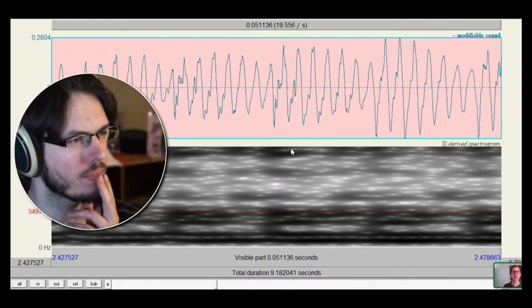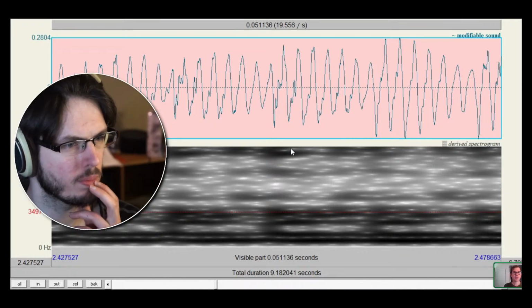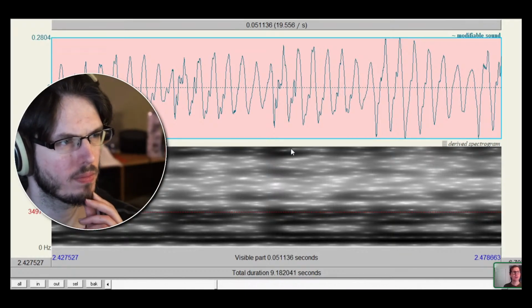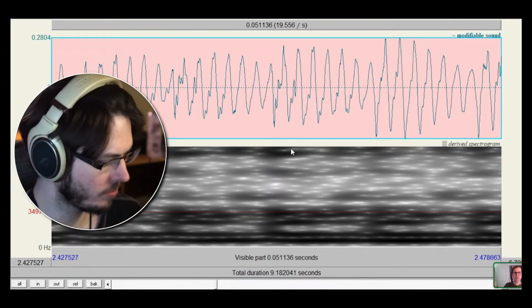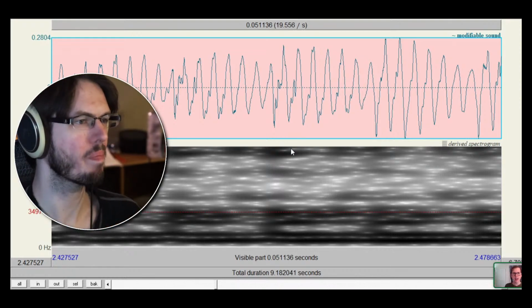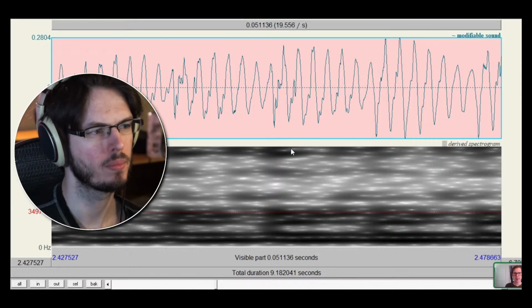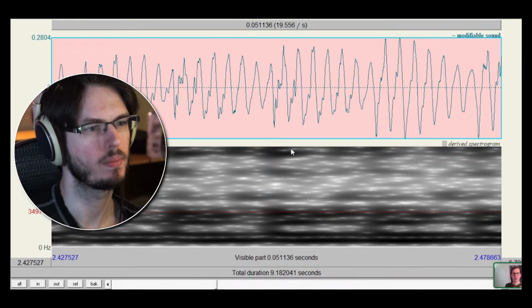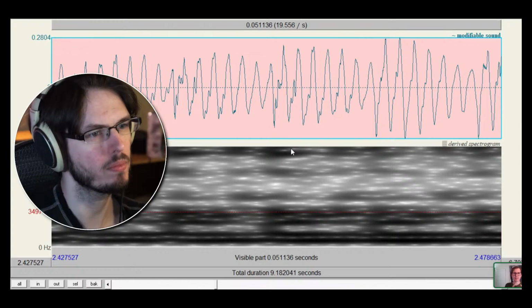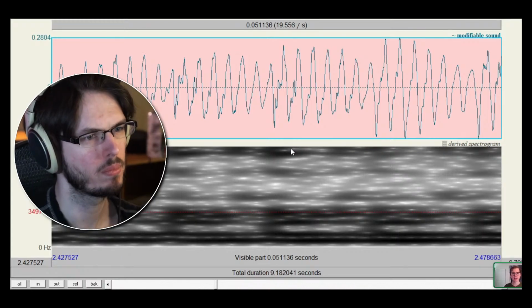Right. The other big factors that contribute to your audio quality include what's happening in the room around you. Do you have a fan on? Is there a lawnmower going on outside? Is there a refrigerator humming in the background? There are tools you can use. You can buy fancy equipment to measure how loud the ambient sound of a room is.